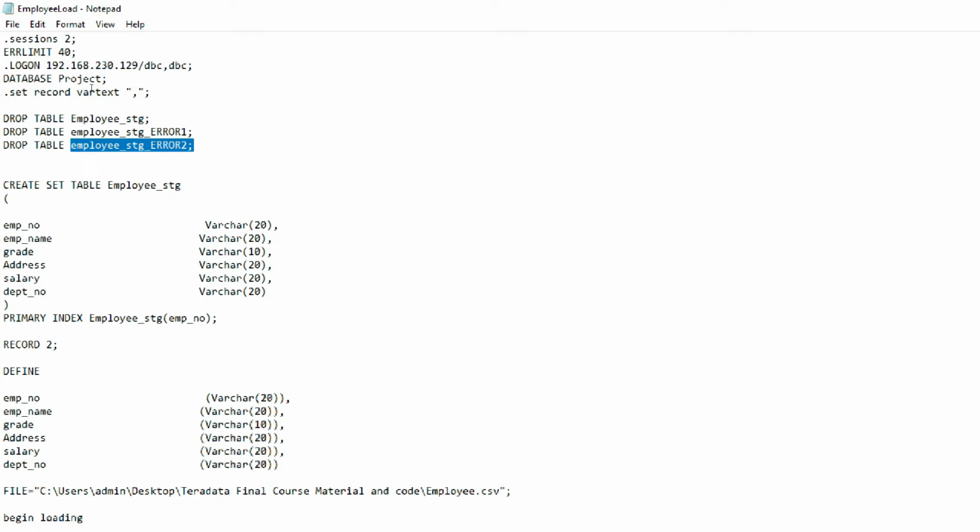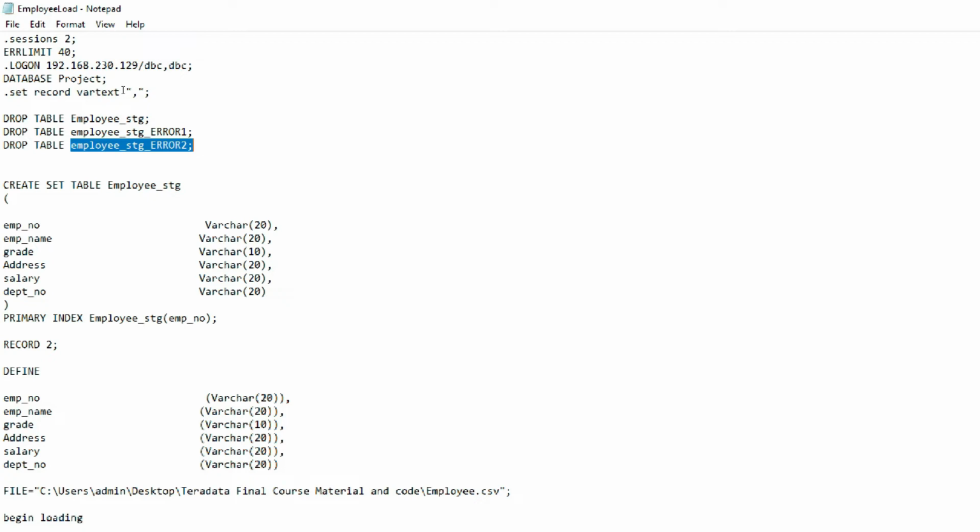In error table 1 we get the error if my Teradata script fails. In error table 1 I will get the error related to the data type. And the second error table, if my fast load script fails, I'll get the error related to duplicate records or unique violation records.